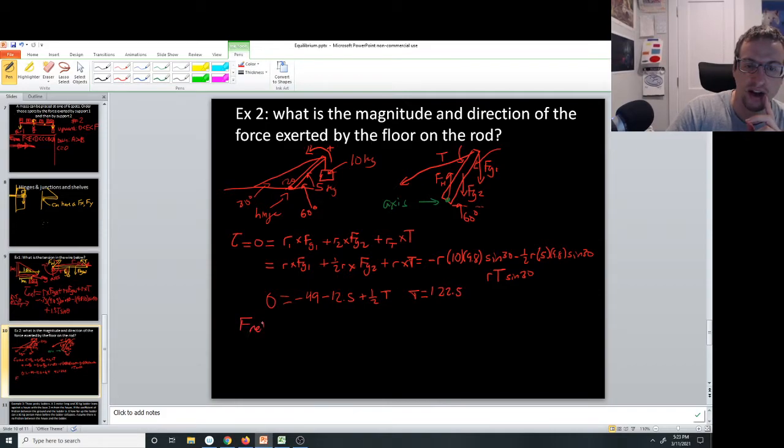Now I need to do F net. F net X: only two forces, right? We've got the hinge has a horizontal force on the rod, and the tension. The tension is going to be at this angle right here. That angle's 30. Hopefully you can figure that out. So I got F hinge in the X direction minus T cosine 30. That's going to add up to 0. F hinge X equals 106.1. Then we got F net Y, which should be F vertical or hinge Y direction equals,